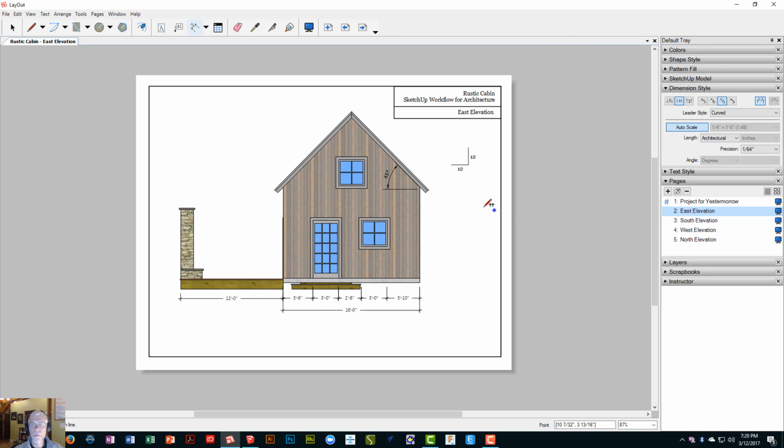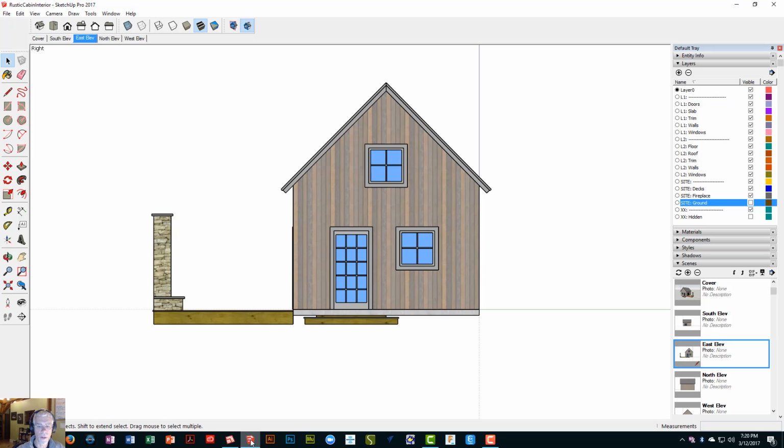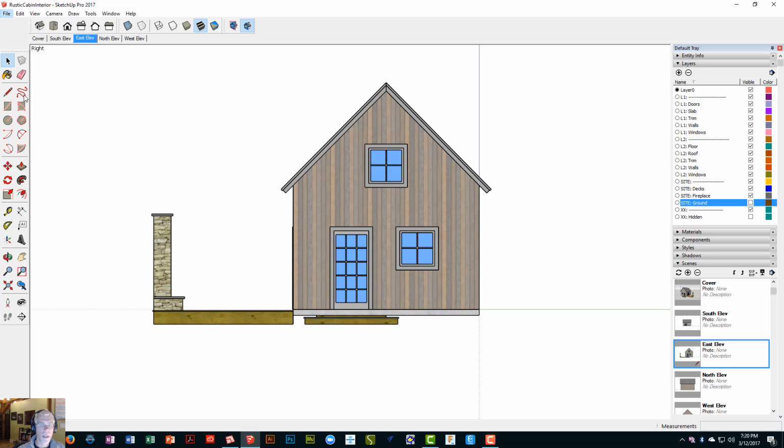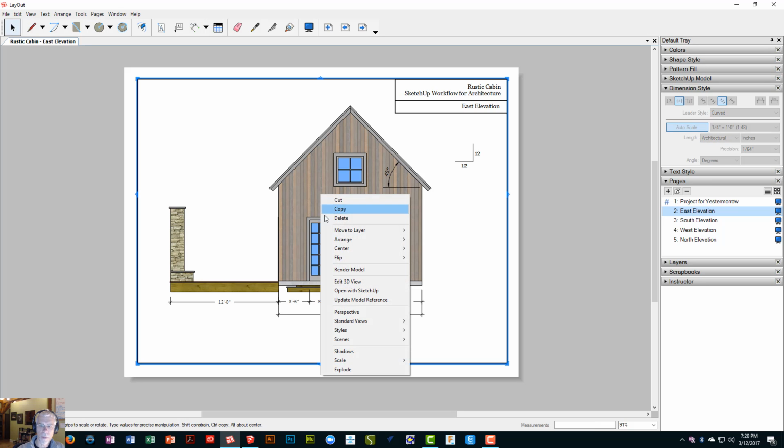Okay, so that's basically it. I think I've covered everything. The biggest thing to remember is this process to go between SketchUp and Layout. So initially, you open up Layout by sending to Layout, which will open up the Layout program. You end up picking your page, your paper size, and then once you're in Layout, you create pages, you display a scene